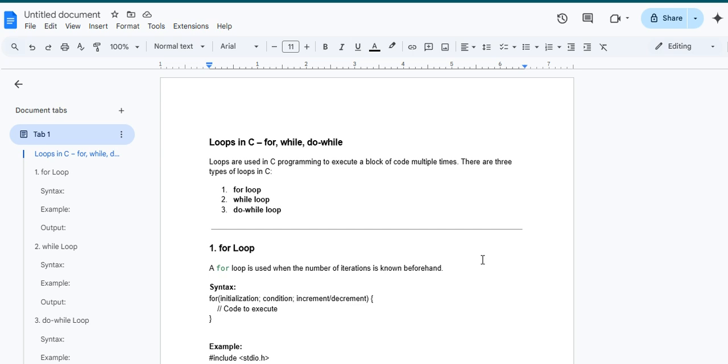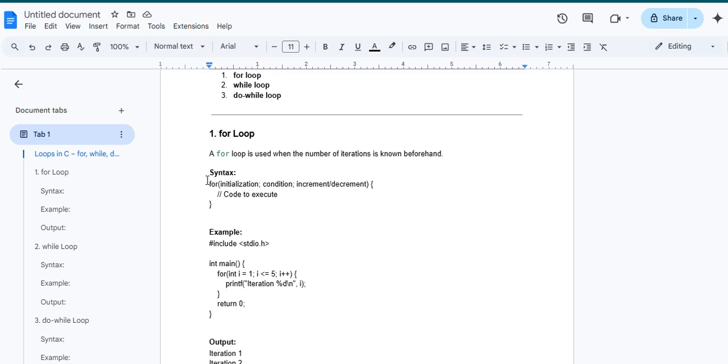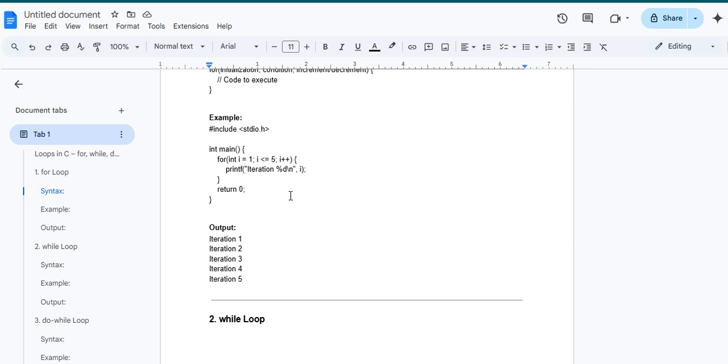So we are coming to the first one, that is the for loop. A for loop is used when the number of iterations is known. So what is the syntax of the for loop? For initialization, condition, increment/decrement, and next the code to execute. So coming to the first example,